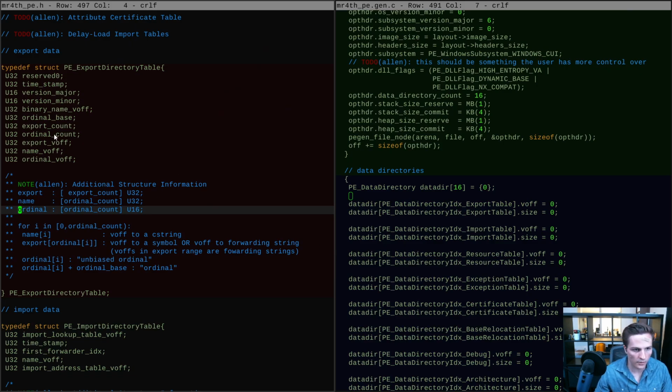What else do we have here? List of ordinals. All right, there's this thing about forwarding strings. VOF to a symbol. Or,